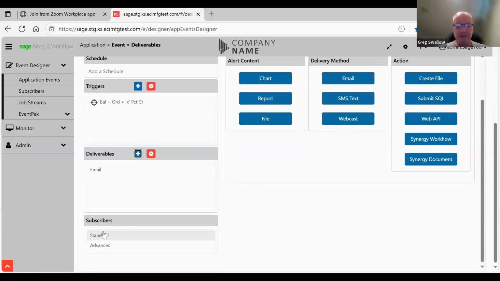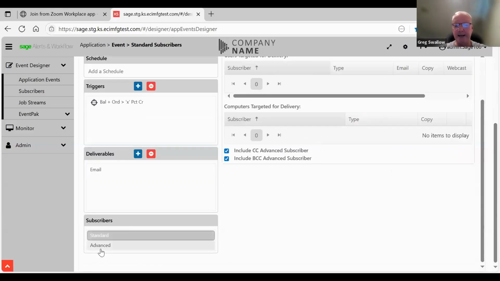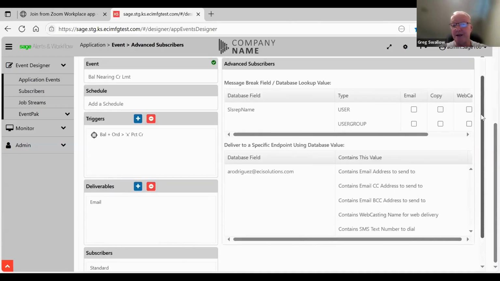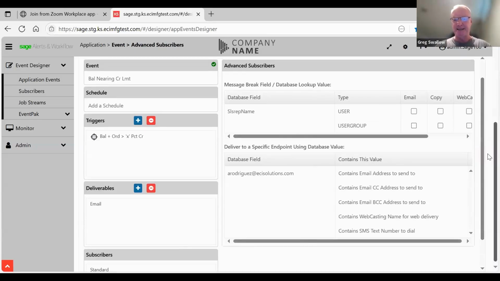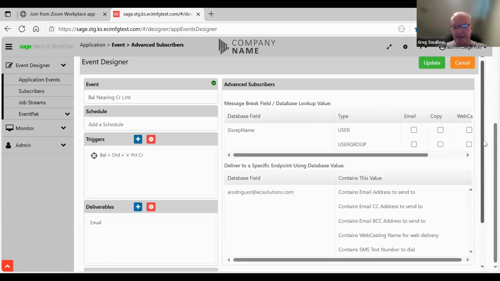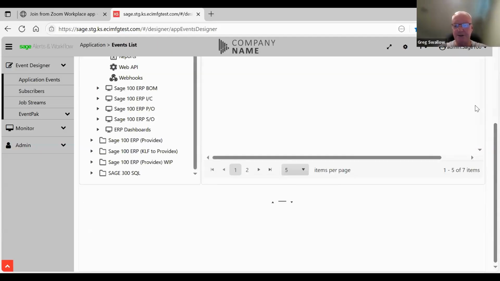And then who's the recipient? So I create a standard recipient. I want to add a name to it or a group to it. So if I want it distributed out to finance, or to the global settings, or people in shipping, I can make them a group and send it to that group, or I can send it to an individual. Emails can be sent both internally and externally of the organization, so there's no cap